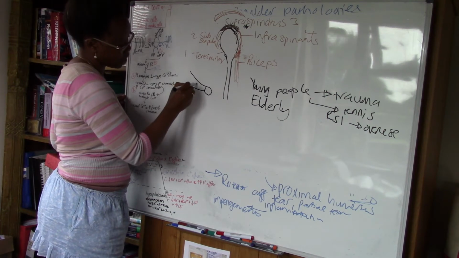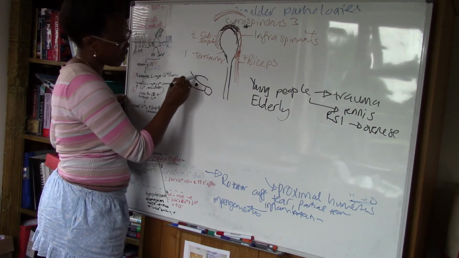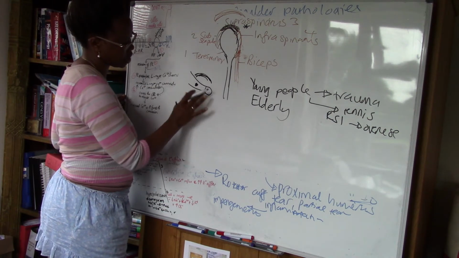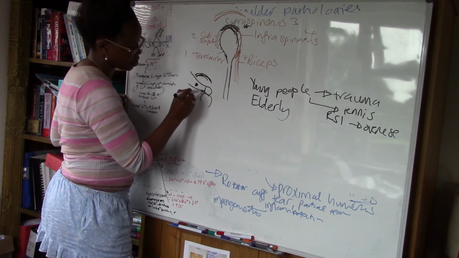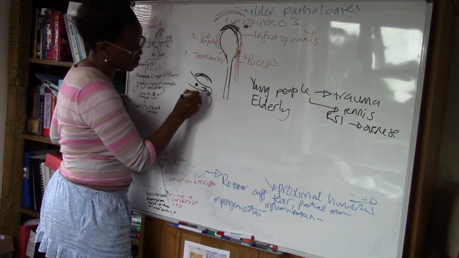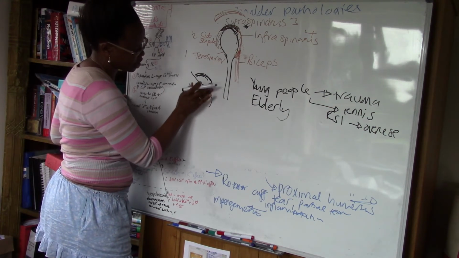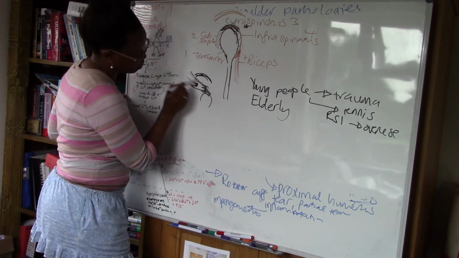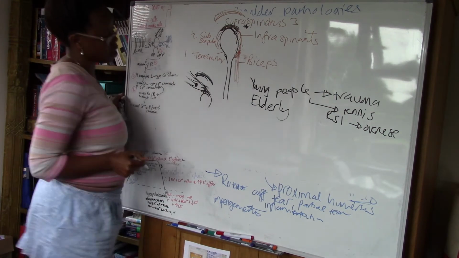So an inflammation might occur, say there, and let's remember the acromion is just there. So this is just detached. Well, this is the humerus. So this is the muscle, and this is the tendon that attaches it to the muscle. So this is the muscle itself, and this is the acromion